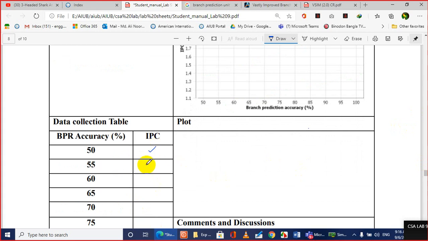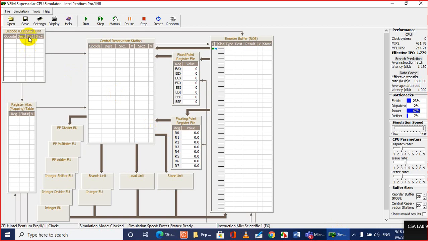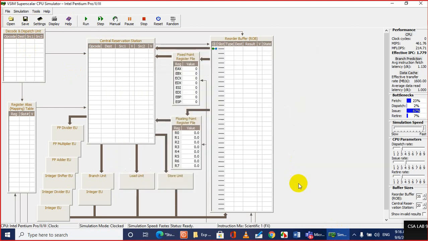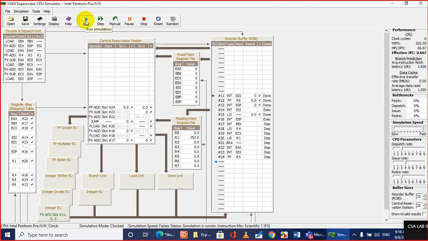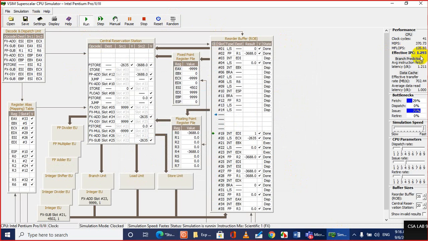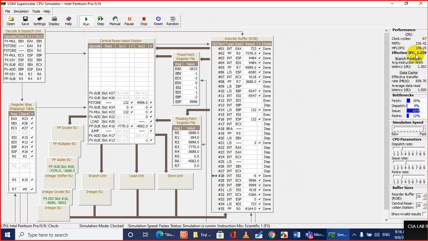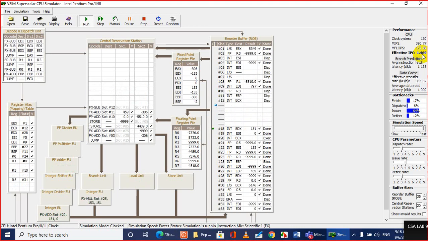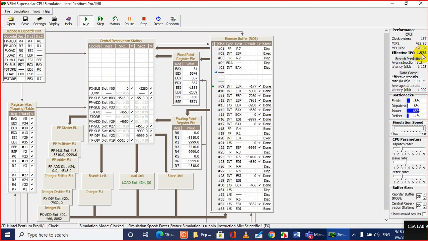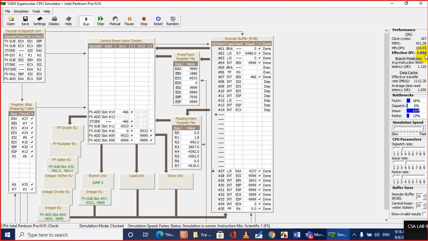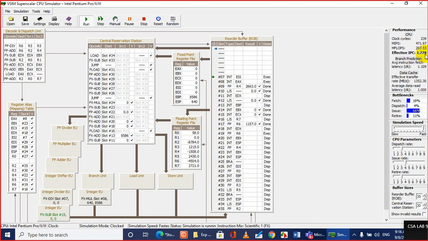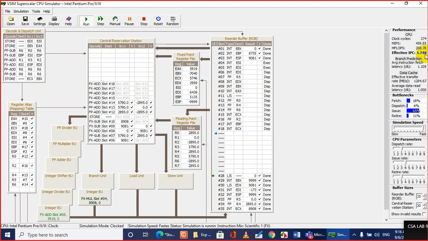Again you change the accuracy to 55. Go to the settings. Again change it to 55. Again run the simulation, and similar to before, you need to look at the effective IPC. This should be higher than the previous value. So you run the simulation until you get a stable value, or when you find a high value, I think this is a good choice. So if you get a high value, fine, stop the simulation, note the value.